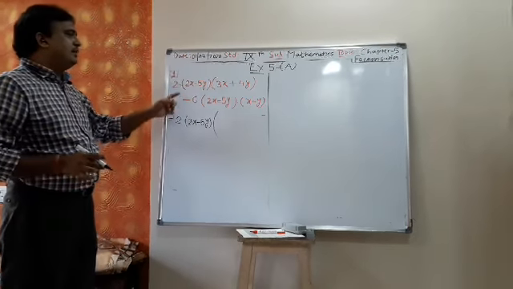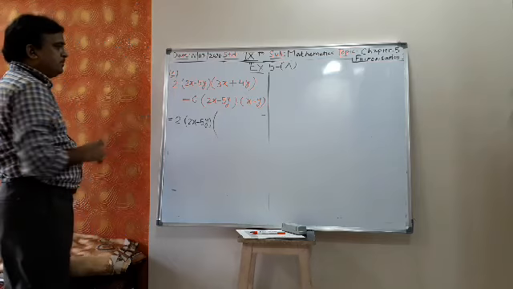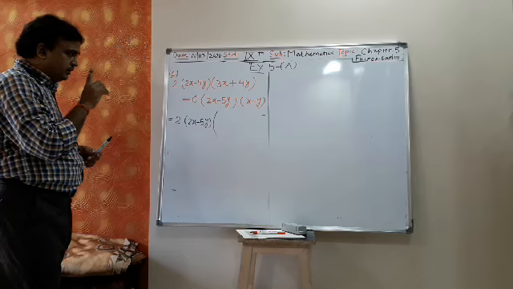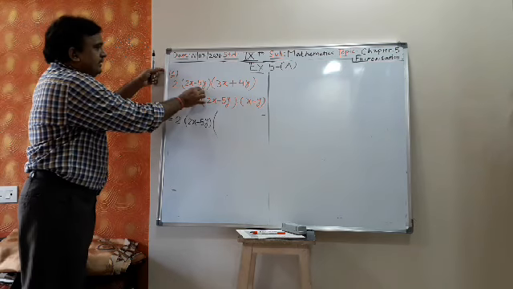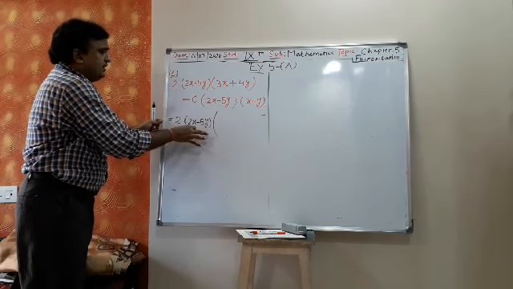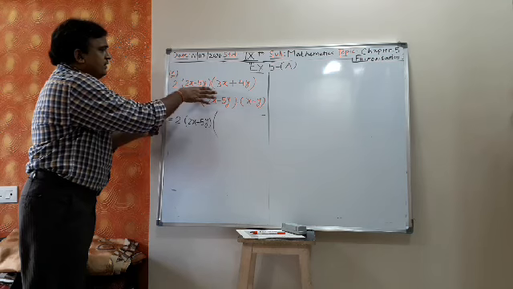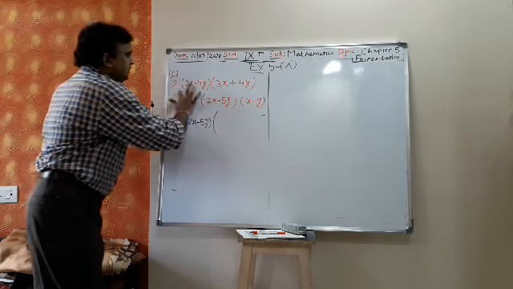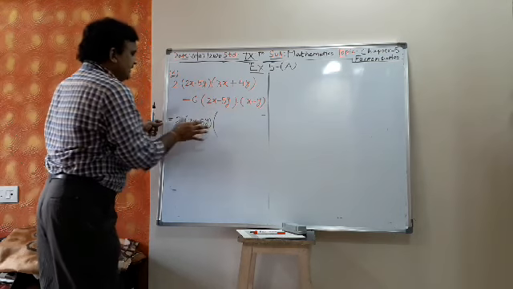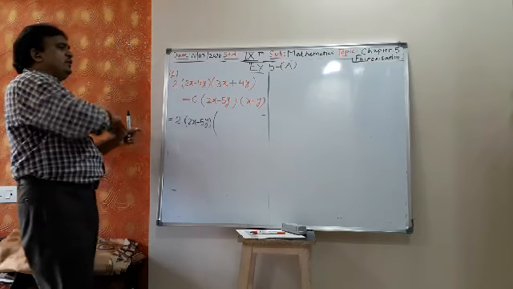Then the remaining terms I will write in the bracket for first and second both. 2x minus 5y I have taken common. See, this is my common factor or common term of first term and second term. This is my first term and this is my second term, and the common term I will take outside.